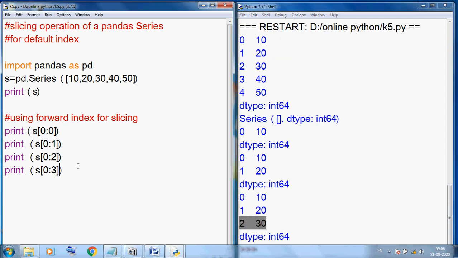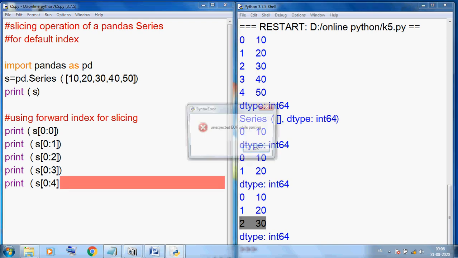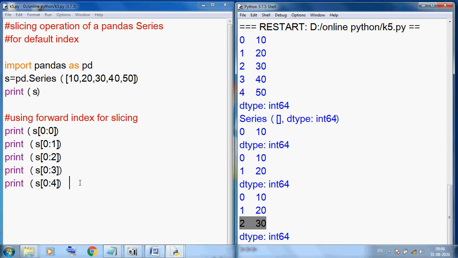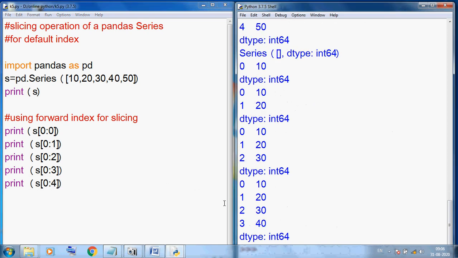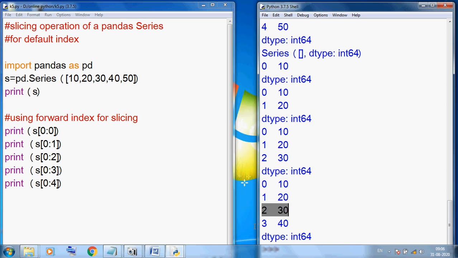Now Control S F5. Here I am using 4. So start from 0, 1, 2, 3. Because we always provide maximum one more but it displays one less, it will display 10 to 40. Control S F5. You can see the output: 10, 20, 30 and 40.